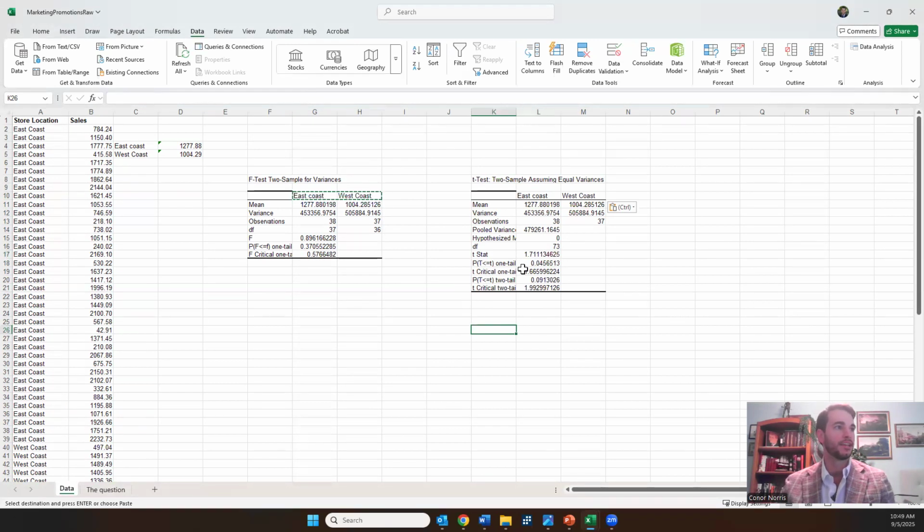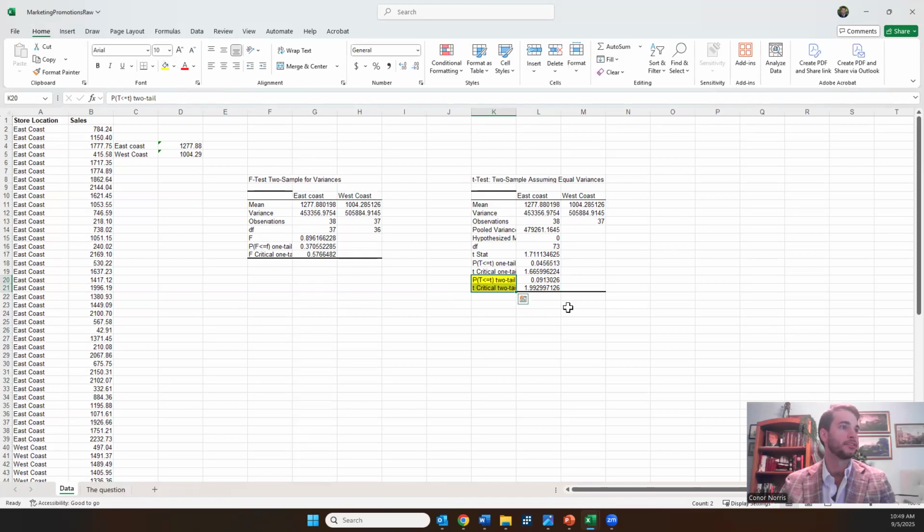So the output here includes the degrees of freedom. We have a t-statistic of 1.71. Now we're using a two-tailed test, so we look at the p-value or the critical value for a two-tailed test. Remember, we could use either way to determine it, although we typically use the p-value just because it's simpler, much more consistent to use. So since the p-value of the two-tailed test, which we were working on, is 0.09,